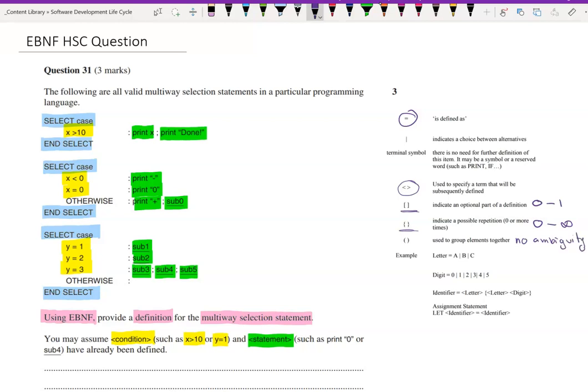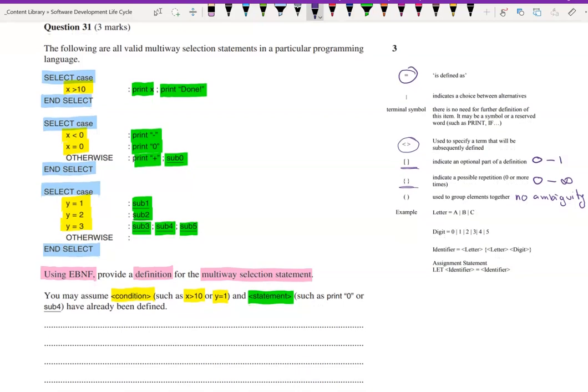Okay, so now that we've revised what the rules are and we've highlighted the important parts of the question, we're going to start to build it. And I'll do this in a couple of stages. So the first stage is to put in everything that absolutely must be in the definition. And so we're going to have terminals in there. So we're going to write select